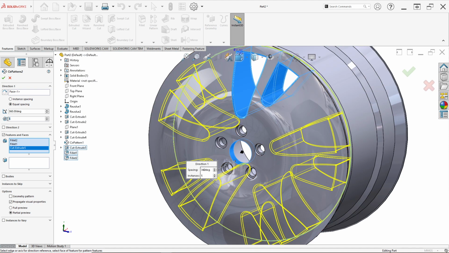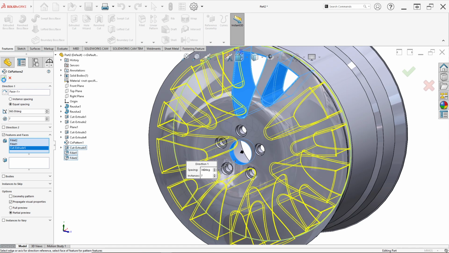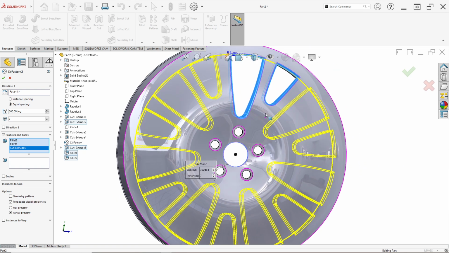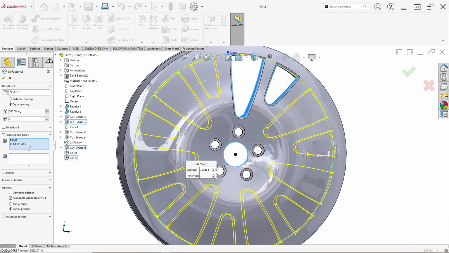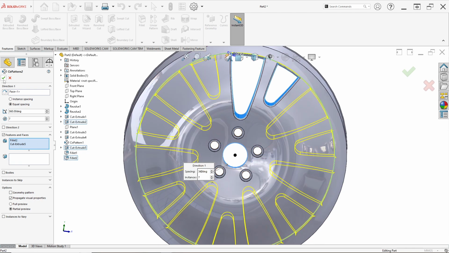In here, number instance change in 7. Just click OK. Okay, just a minute. We can wait until, oh sorry, in here. Okay. The fillet we can delete.